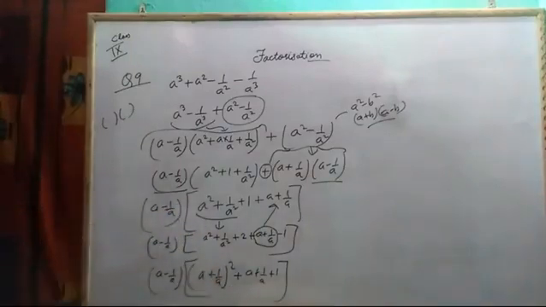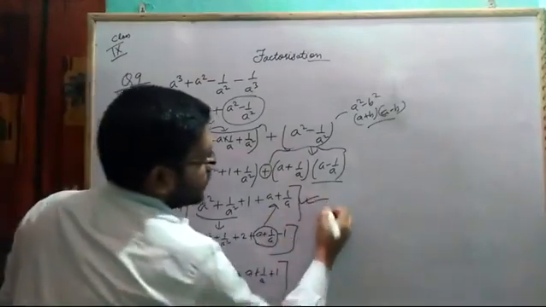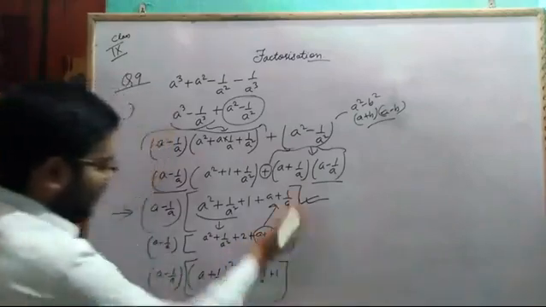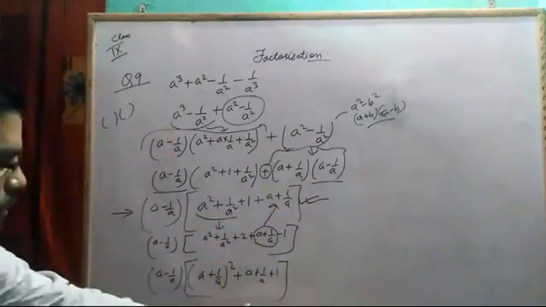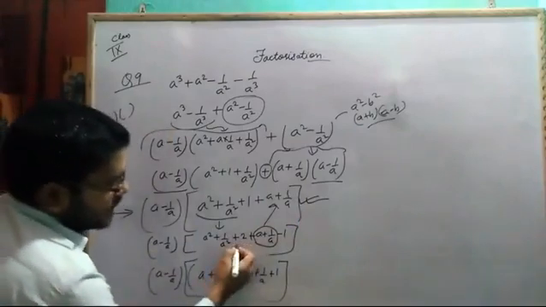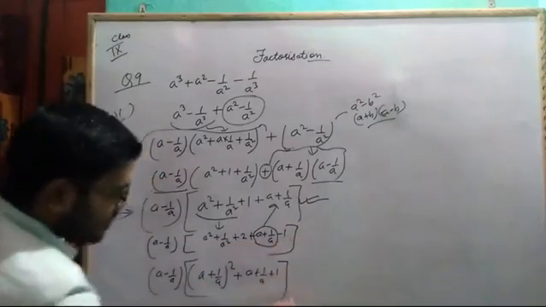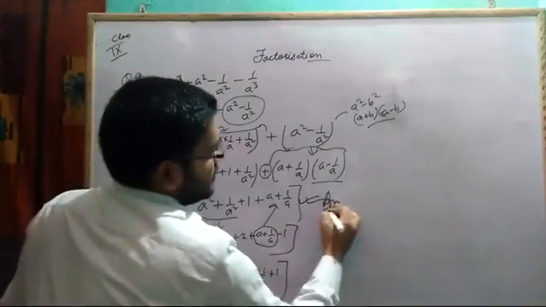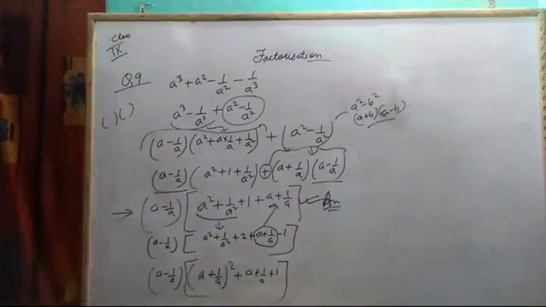So as per our book, our solution will be this. I have seen the photos. Okay, the solution is this. If you want to extend, we can come up to this step, or instead of writing this 2 here, I can write minus 2 and here I can write plus 3. Then I will get (a minus 1 by a) whole square. So only this much is enough. If you want to extend, you can apply your brain and then go on.